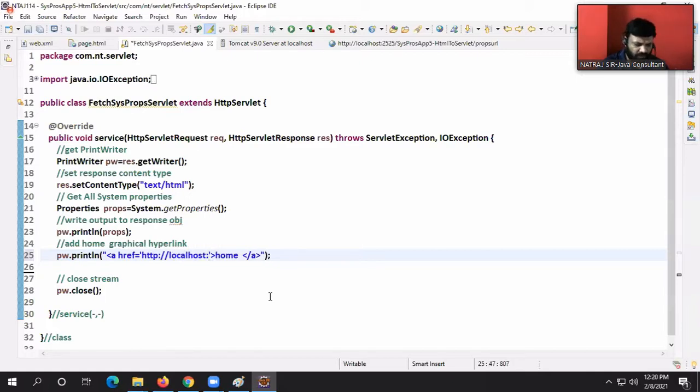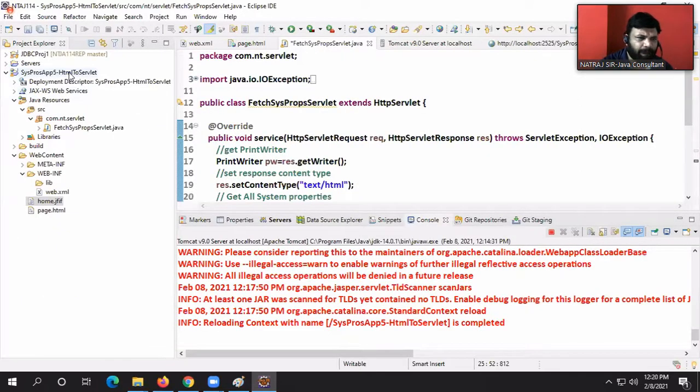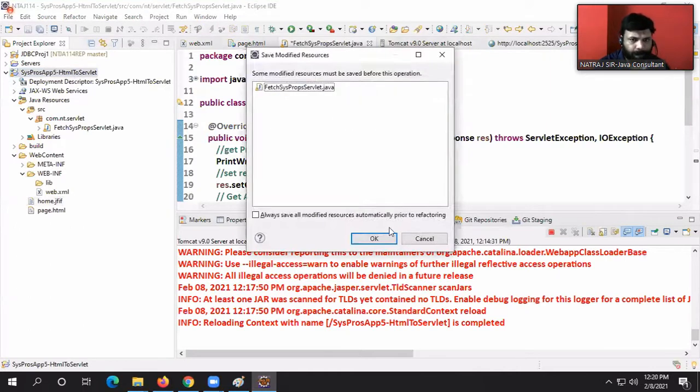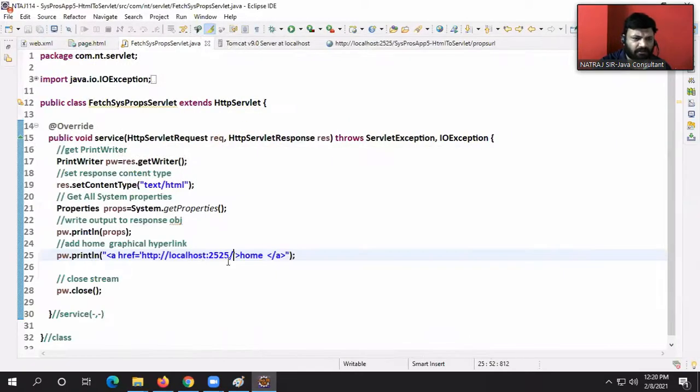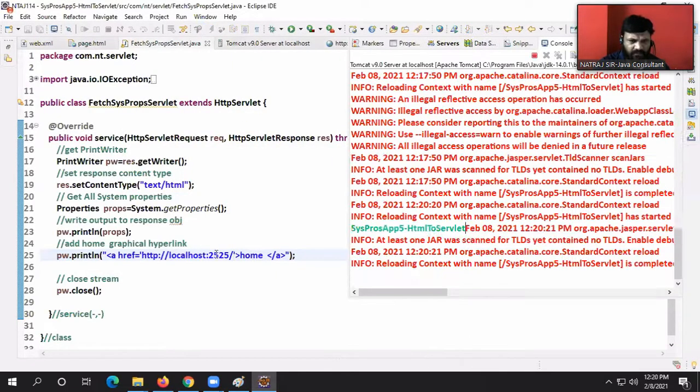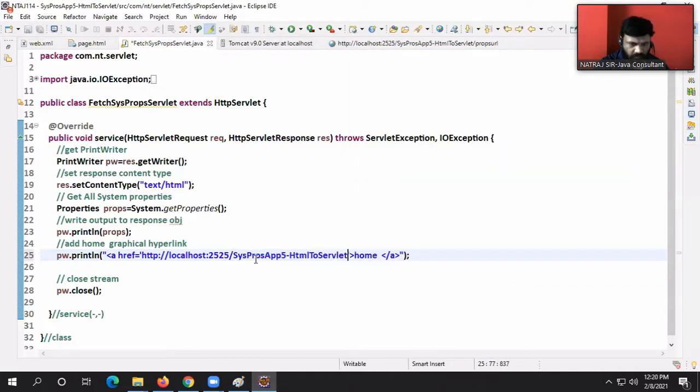What's the port number, guys? 2525. What is the name of the web application, guys? Tell me. Sysprops app5 HTML to servlet.